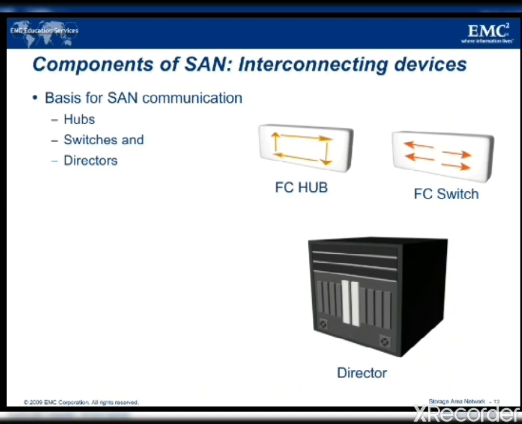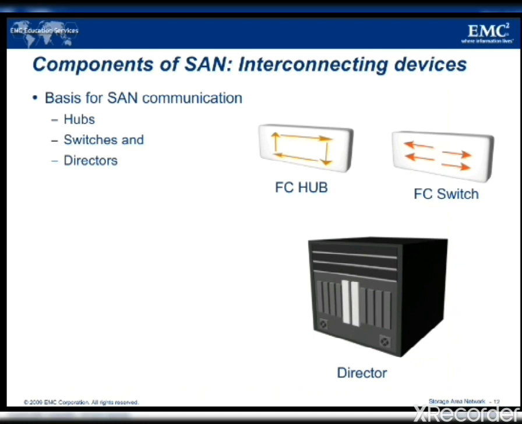The next type of interconnection device is called a switch. These are much more intelligent than hubs, and directly route data from one physical port to another physical port. Where switches are used, the nodes do not share the bandwidth. Instead, every node has a dedicated communication path. They do not share a loop as they do in an FCAL environment where hubs are used, right?